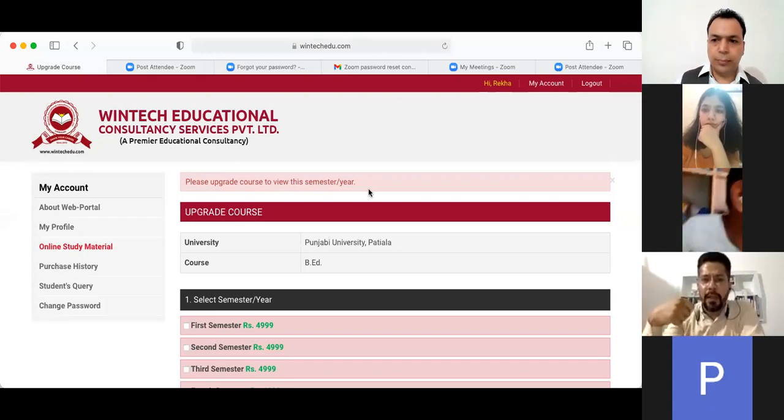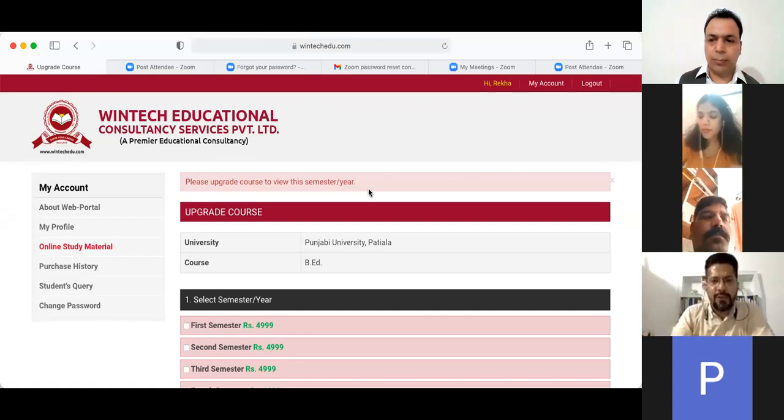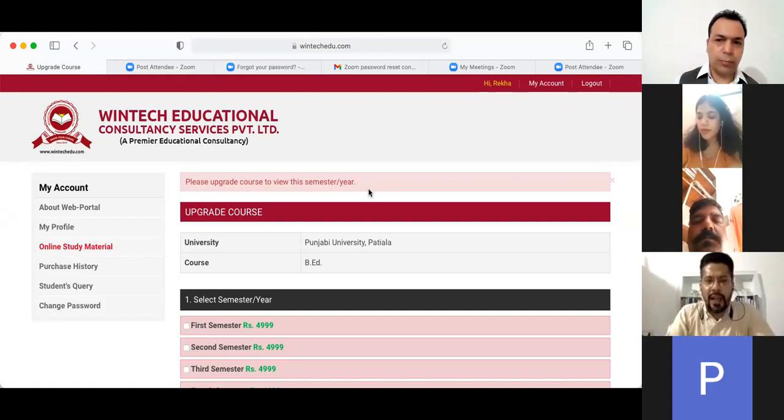Either you have to drop, just send me a message or send Dr. Lalit a message that we have created a user ID password. Kindly give us the access, so we will grant the access from the backend, from the admin part. Then you will have it. So can you do the access from your side?